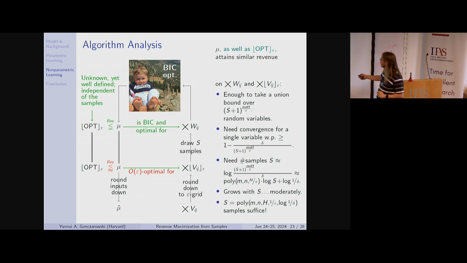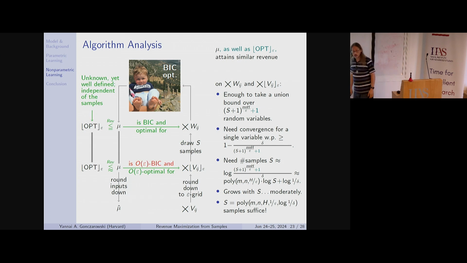Therefore, my claim is that when we do this analysis, what we really need is to prove not that the s plus 1 to the m and h over epsilon auctions, all the possible outputs of the oracle, get similar revenue here and here. We need to prove that this plus 1 auctions get similar revenue here and here. What's the plus 1? It's this optimal auction for this that we don't know what it is, but it is a well-defined mathematical object. So it's a plus 1 here, a plus 1 here, a plus 1 here, but all the argument goes through. Good. So I proved to you this, so this is actually for epsilon optimal.